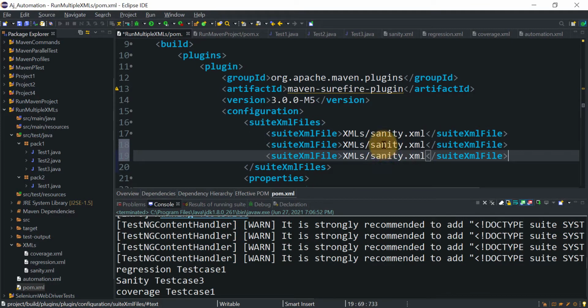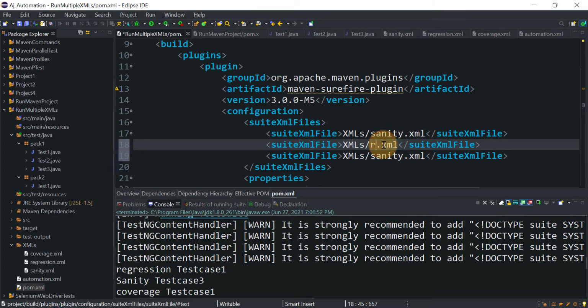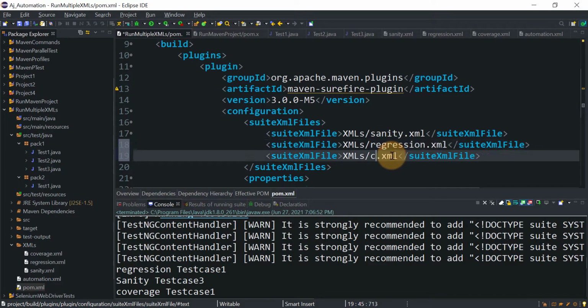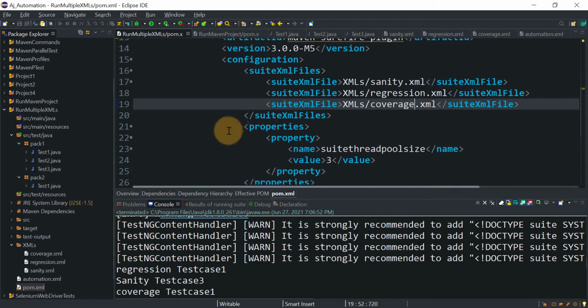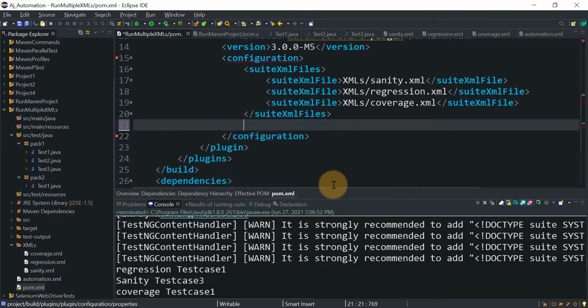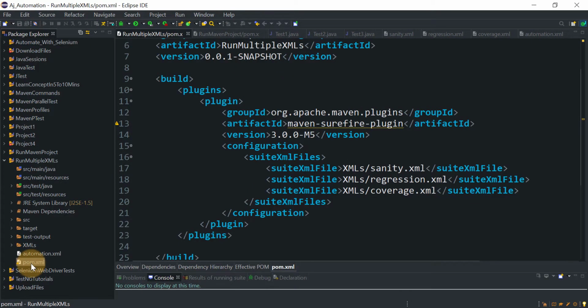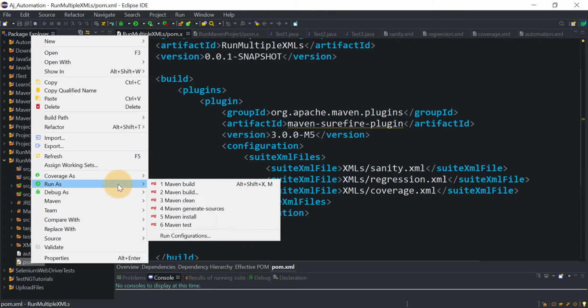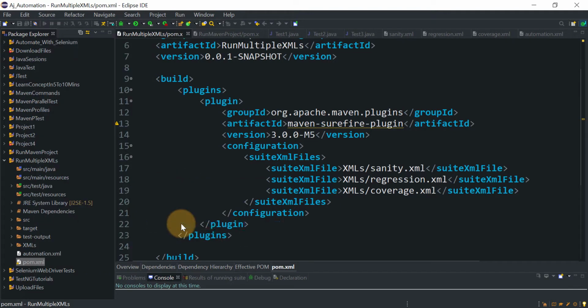So after sanity I want regression, after regression I want coverage. This will also work in the same way. Let me remove this properties tag. I don't want to run in parallel as of now. Let's just see if it works or not. This time we are directly running from the pom.xml file. So if you run with mvn test,